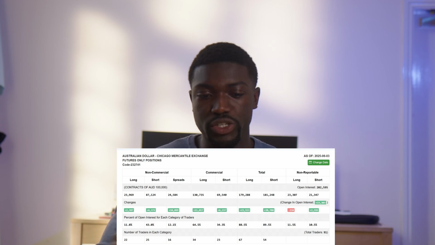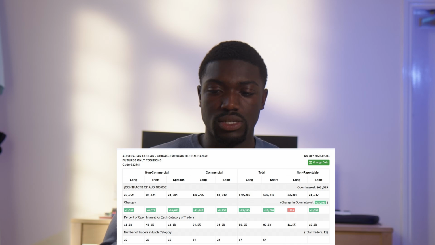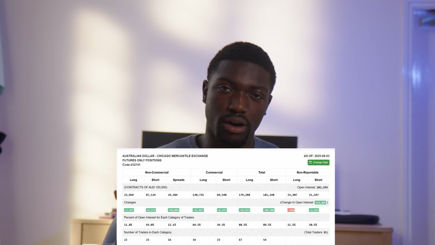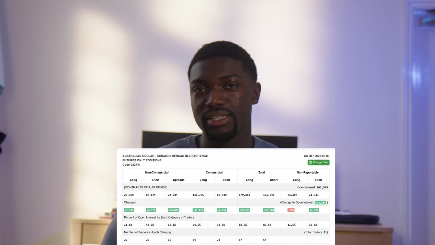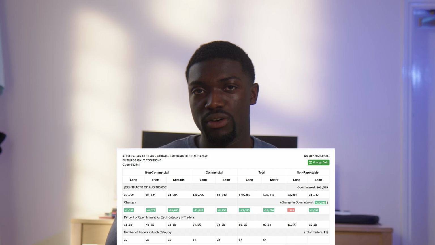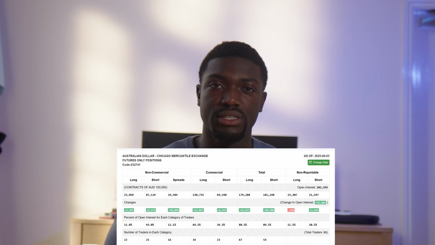For example, I can show an example quickly. So we can see the Australian dollar. Let's go ahead and see what has happened in the COT report. Usually the part that I focus on in the COT report is the non-commercial traders. The non-commercial traders are the traders that are actually in the market to make profits, whereas the commercial and other kinds of traders tend to use the market for hedging and risk management, which is another part of trading that I don't want to get involved in because that's more complex. The non-commercial traders are people with big positions in the market, brokers or institutions that are in it to make money from the position. Therefore they do tend to control the market and they do have influence on price as well.